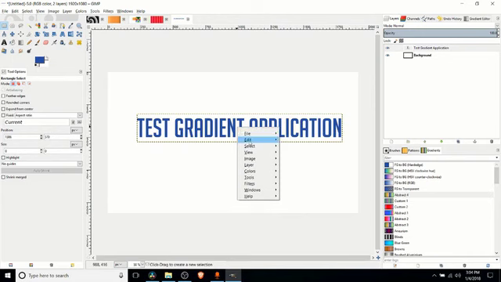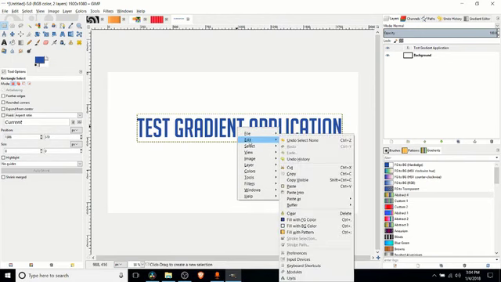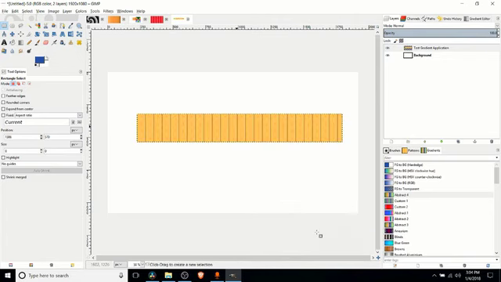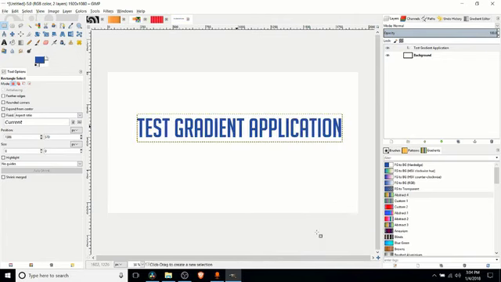If we go into the right click menu and edit, you might notice we have tools to fill with color, fill with background color, and fill with pattern. Now that will fill whatever selection you have currently. For instance, if I do fill with pattern, it's going to take the entire text box, not the actual shape